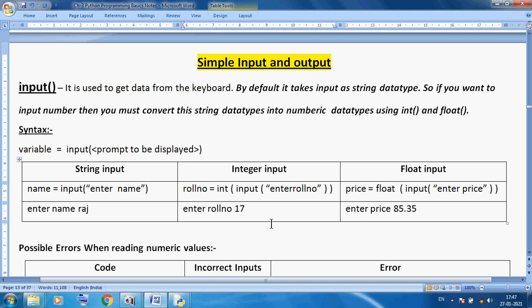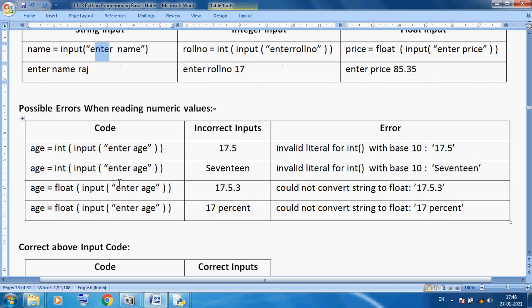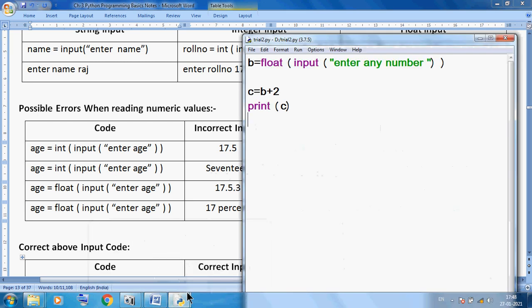Okay, so this is our input, and in output you can see this thing, enter, and we can input the roll number, the price. Here I am using float, and input we know very well. After outputting using enter price, when you want to input a float number you must use a point. Numbers we can use directly as integer, and a name we use directly without integer or float. Now when you use this style, suppose here I am using enter age. I want to copy this code and run this program here.